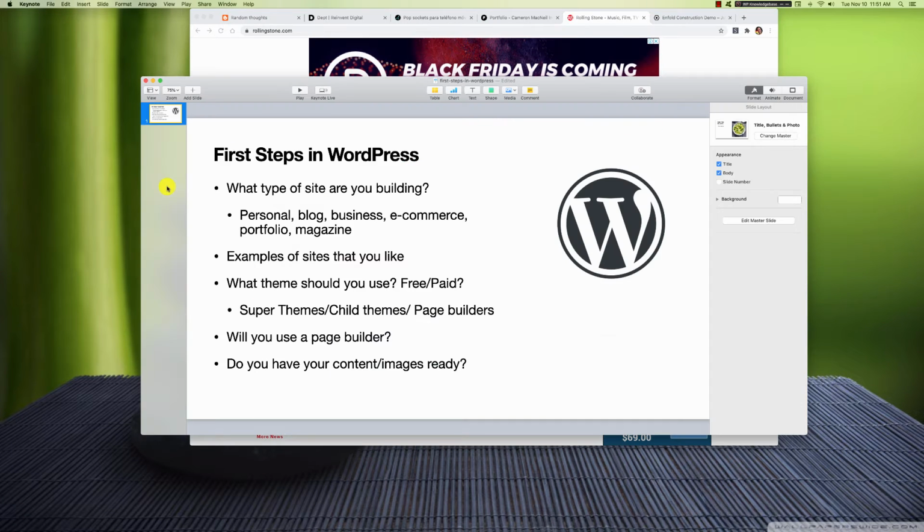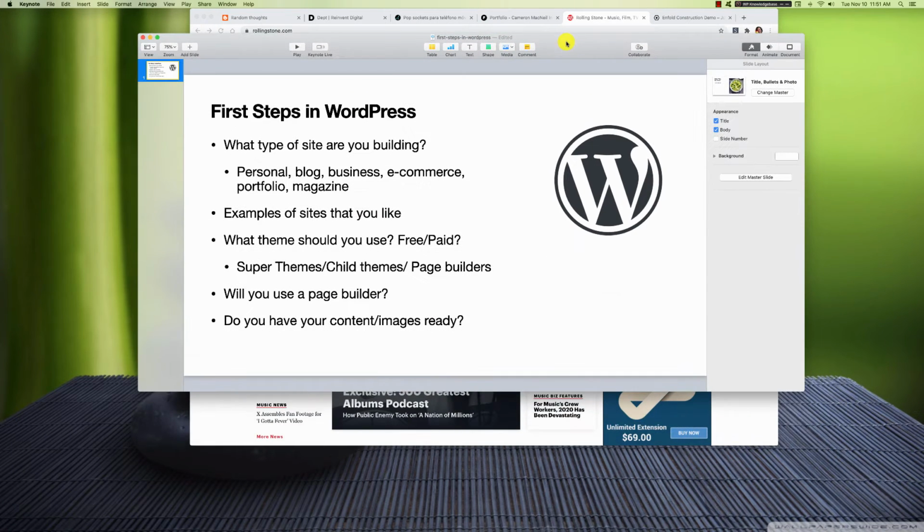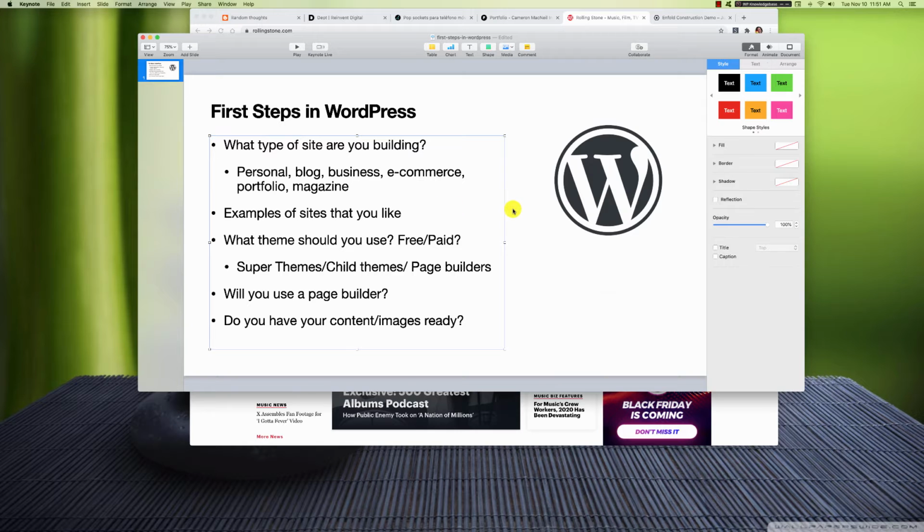Okay, so we've seen those types of websites. Now, examples of sites that you like. I had put this at the end of the list, but the truth is that you should look around the web and see what types of sites you like. Because when we're gonna go ahead and look for a theme, you're gonna want to see something similar to what you already like. Good places to see